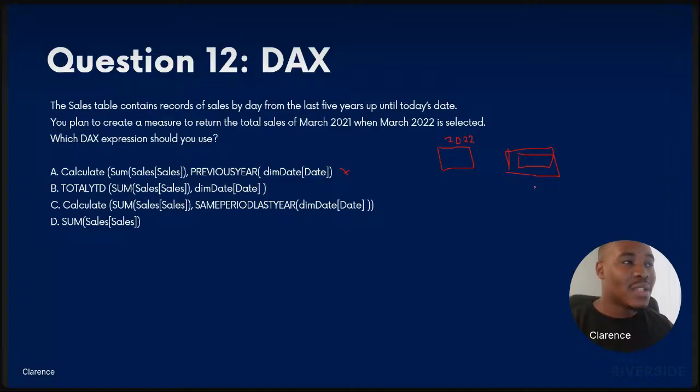Then total year to date. Total year to date could actually work if, let's say, today was actually the end of March, right? But if you read this, they say records of the sales by date from the last 5 years up until today's date, right? So they're giving you all the sales up until today's date, but we do not know what today's date actually is, right? There's no evidence that tells you that today's date is the same period as March. But if today's date was actually March, maybe the total year to date